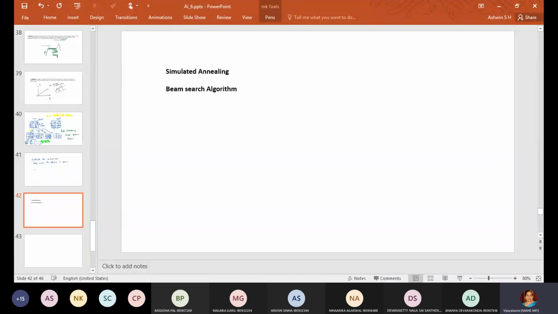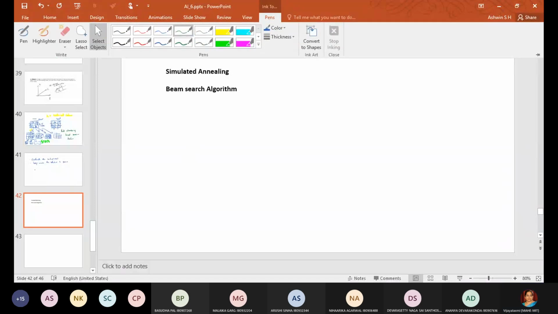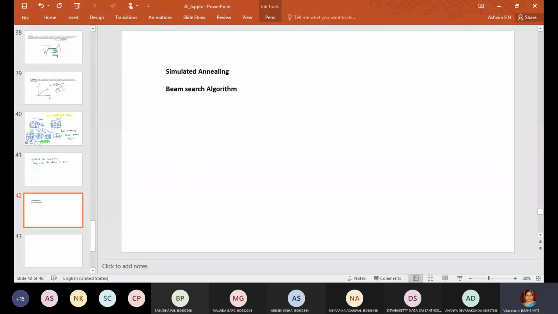All of you know that annealing is a heat treatment process. You might have studied it in your basic physics, maybe in your 11th or 12th standard. So annealing is a heat treatment process to reduce the hardness of a material, right? It is a process of applying high temperature and cooling it gradually. Okay. So based on this concept, in simulation or in software, we can solve complex optimization problems. So how is it done?